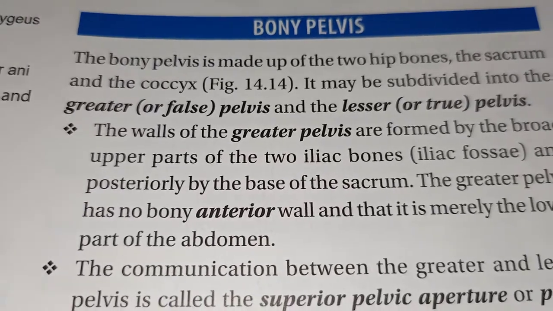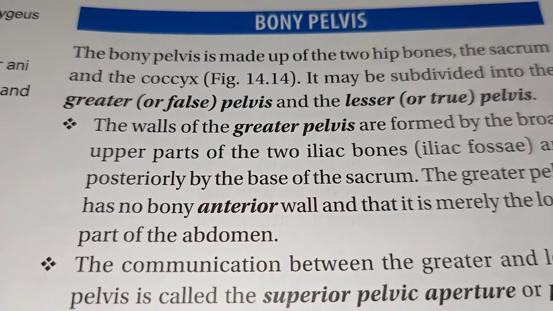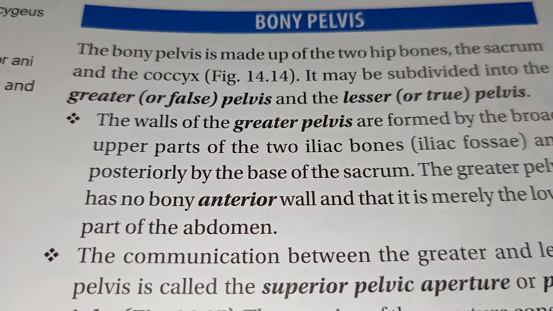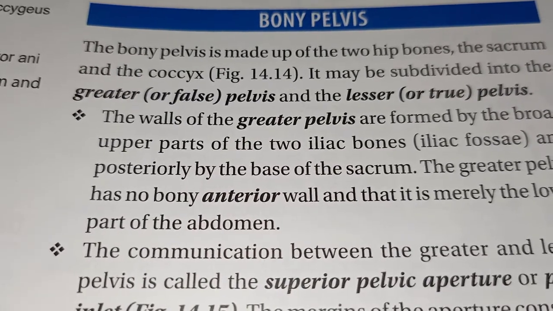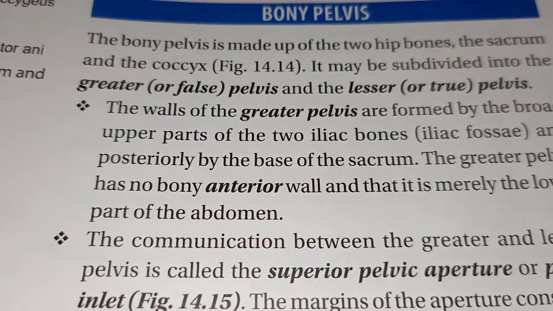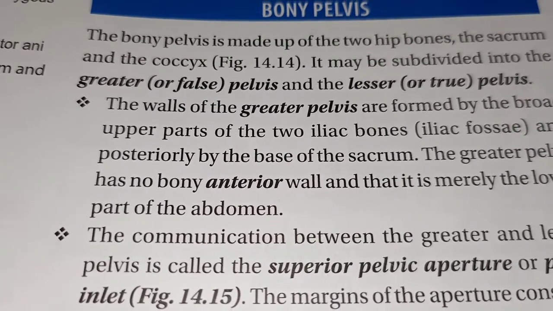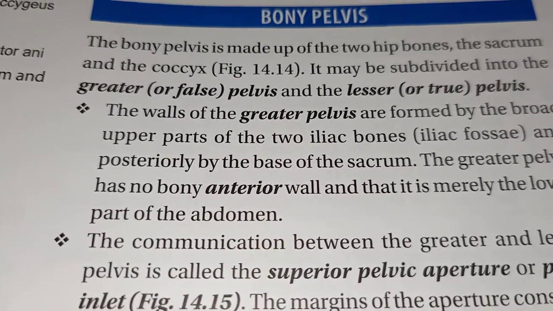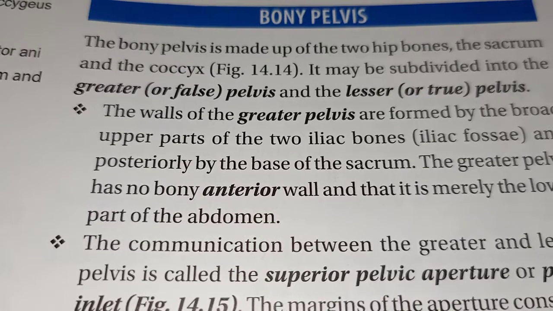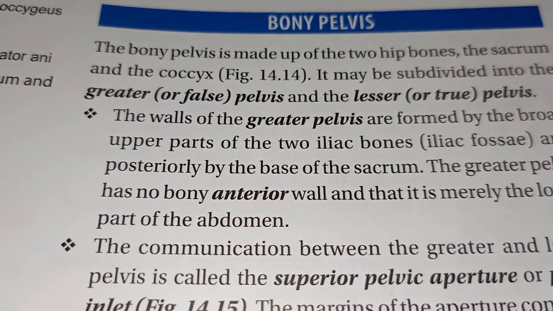Hello students, my chapter of anterior abdominal wall and posterior abdominal wall is over. Now the next chapter is the pelvis. In the pelvis, I'll teach you about the pelvic inlet and the pelvic outlet. Then the arteries, the veins, the nerves, the lymphatic surrounding the pelvis, the pelvic muscles, that is the pelvic diaphragm. Okay, and the differentiating points between the male and the female pelvis.